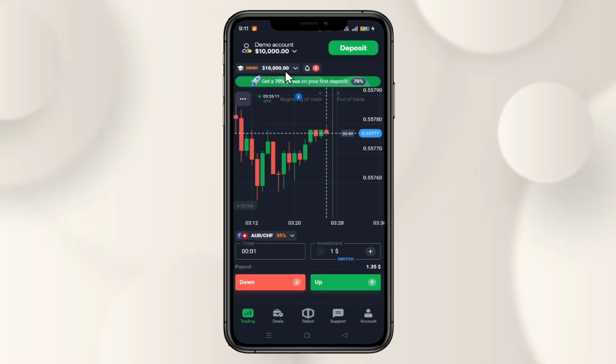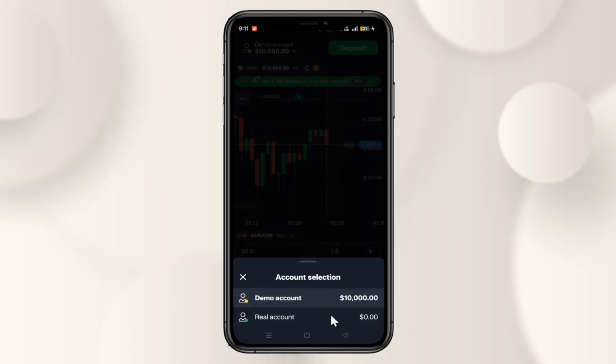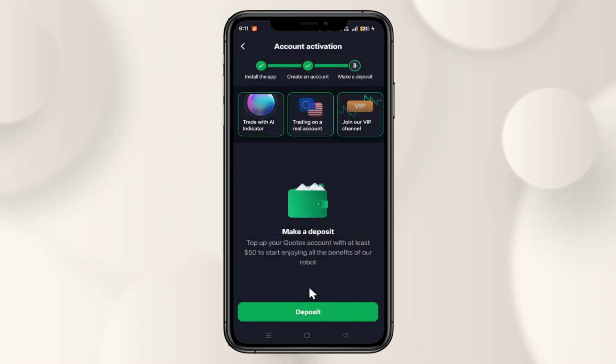Now by default, when you create your account, you will automatically be taken into the demo account trading mode. In order to switch this, just tap on the drop-down option at the top left corner, and now just tap on Real Account. Now, in order to activate your real account, you will need to deposit cash in order to